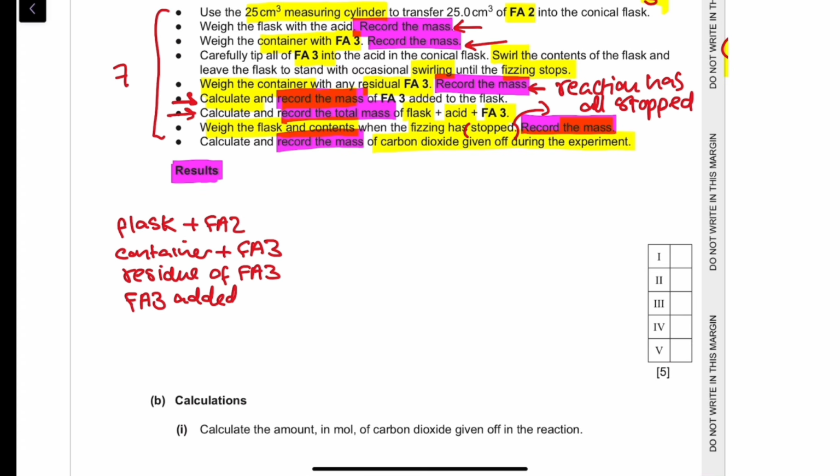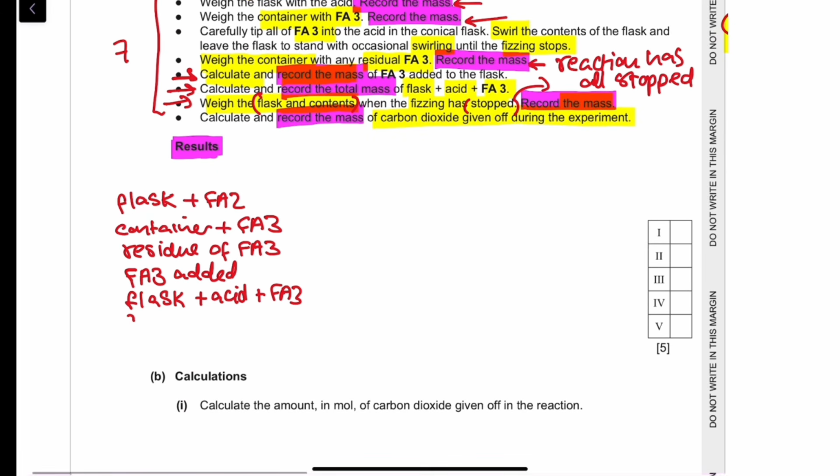Down here we calculated the mass of the flask plus the acid plus Fa3. Right here we recorded the mass of when the fizzing had stopped, so the mass of the flask